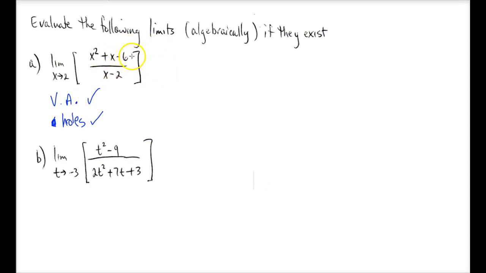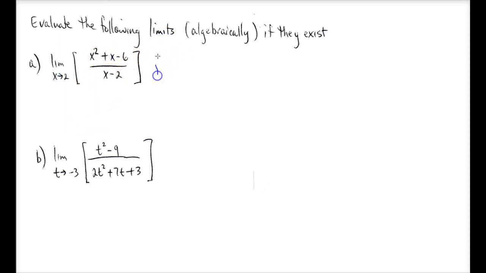How we're going to find that out is, as of right now, if we were to take 2 and plug it into x everywhere we see it, we would eventually get some number being divided by 0, which is undefined, and that's not really telling us anything. In this case we actually get 0 divided by 0, which doesn't tell us anything because in calculus that's an indeterminate form. So what we need to do is rewrite this function in a way where we can actually see what's going on. So I'm going to erase all of this,